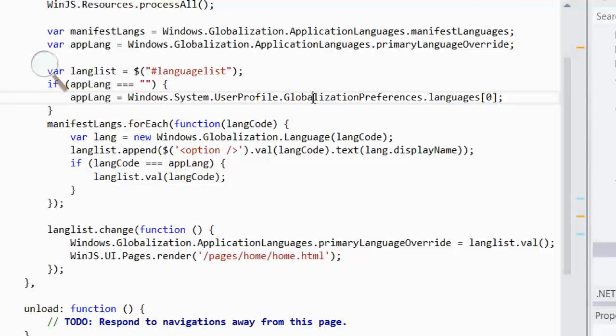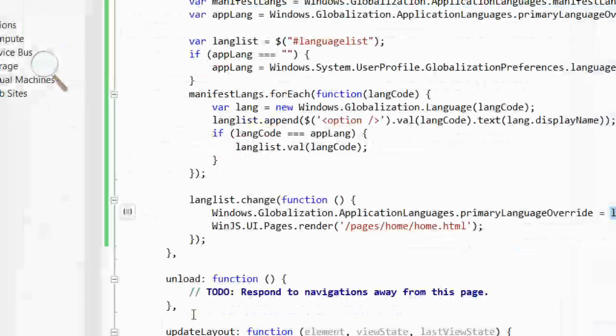So the top language will be at the index 0, and so on and so forth, the other preferred languages. Okay. And here I'm selecting the value in the list box. And if the user changed the selected language, I will set the primary language override to the selected language in the list box, and you use